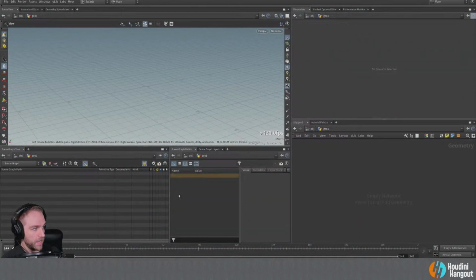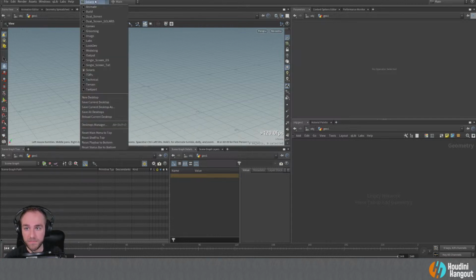All right. First of all, just a disclaimer to start out the stream. When you're working in Solaris, it's pretty much always advisable to get into some sort of desktop that's going to make sense for that. I'm starting with the basic Solaris desktop. You might have some other options.